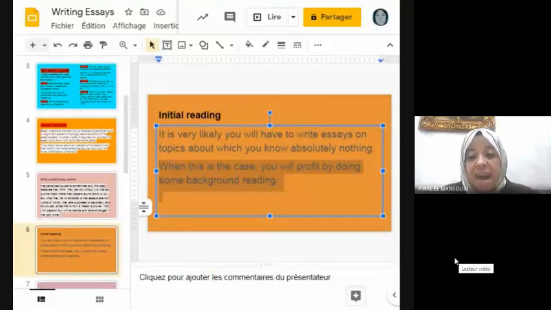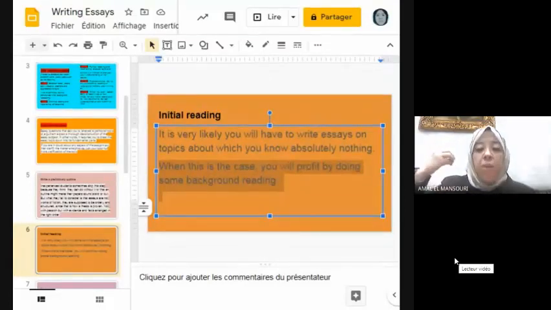Different kinds of documents can help develop the topic. So it's necessary to do some reading about the topic so that you develop your ideas and broaden the scope of your discussion.